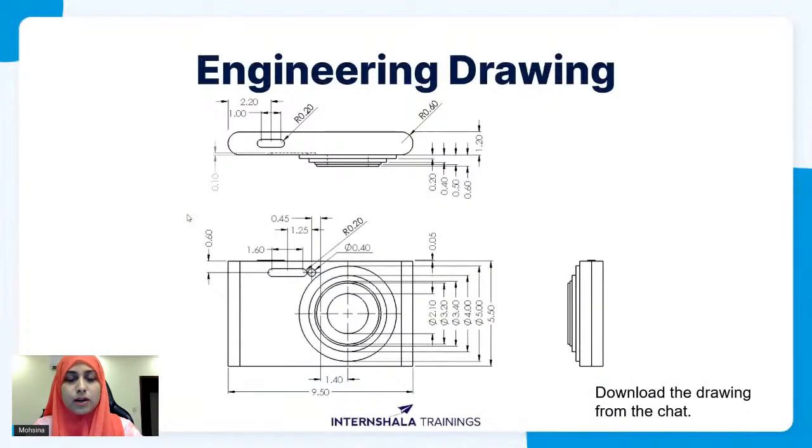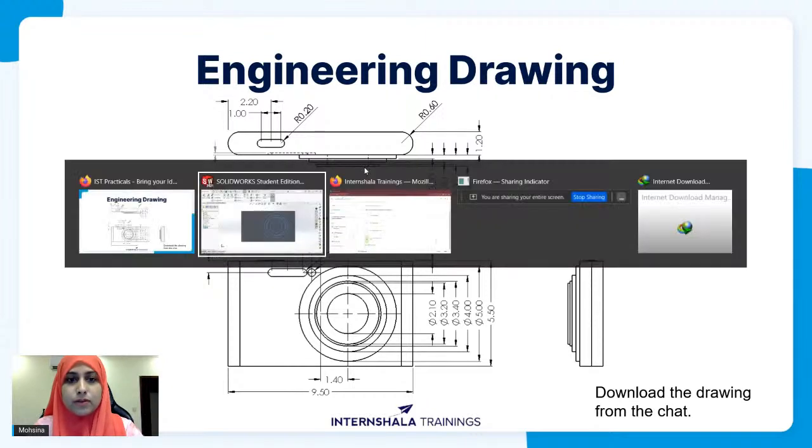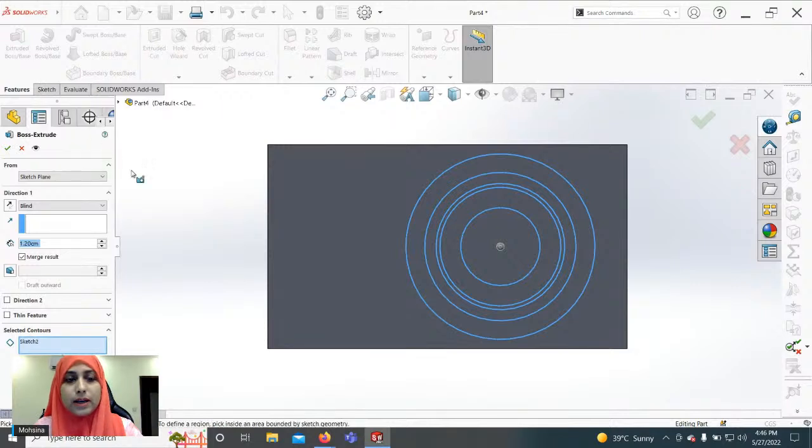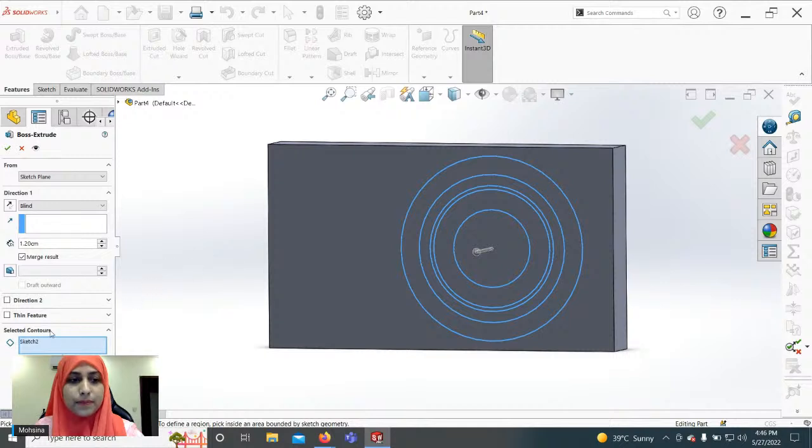Go back to this model, and for this lens part, you can look at the top view and see that each of these has a different protrusion. To do that, let's go to Extrude Boss, and for this, you can see that at the bottom is the selected contours option.